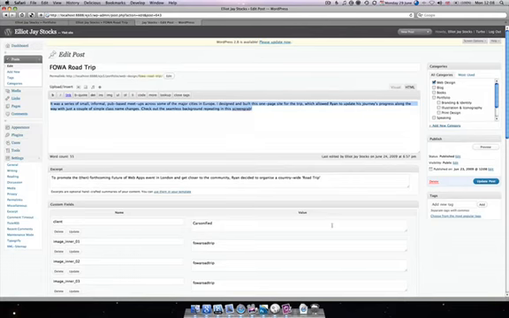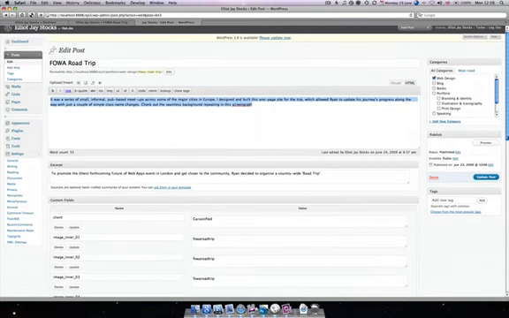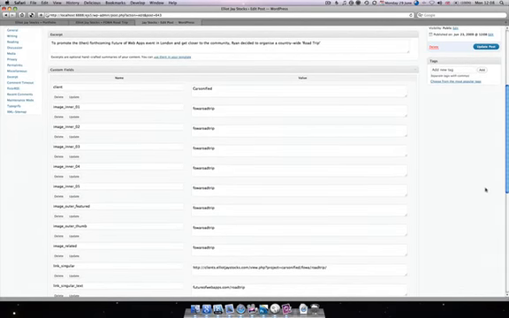And as I said before, we get now down to the crux of it, which is the custom fields. So we have the client, and the value for that is Carsonified. And then we have the images, inner image 1, inner image 2, 3, 4, 5, etc. Now they all have the same thing, and you'll notice that there's no .jpeg or anything like that. You think, oh, that's maybe a bit strange. But because I've used standard image